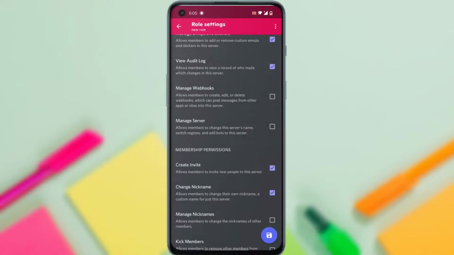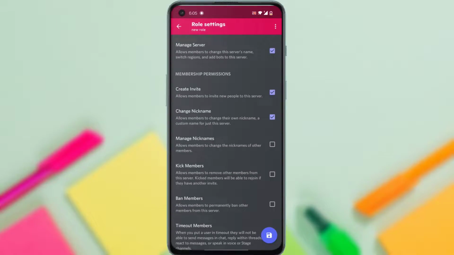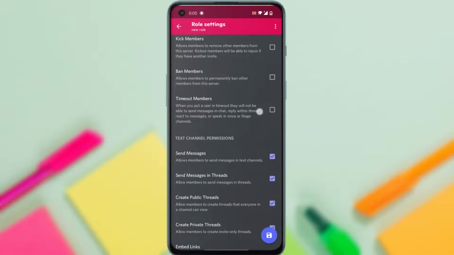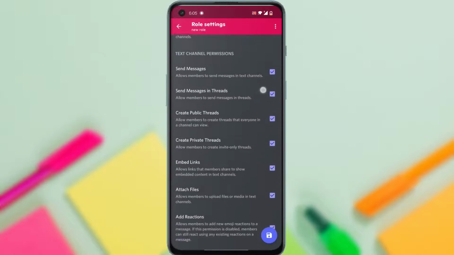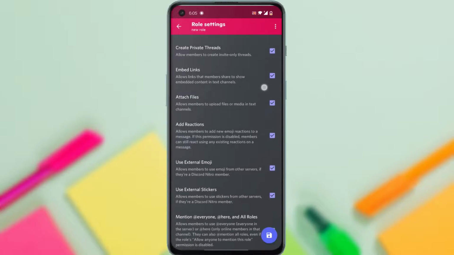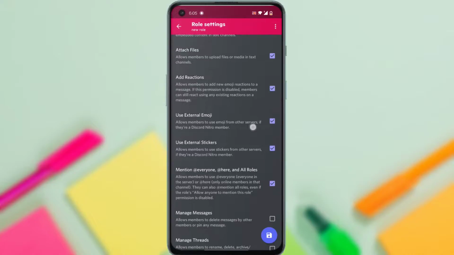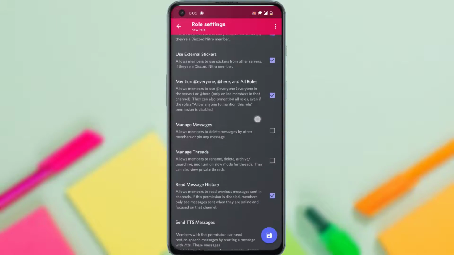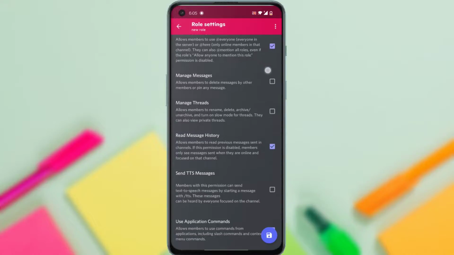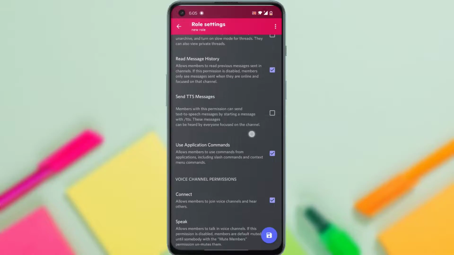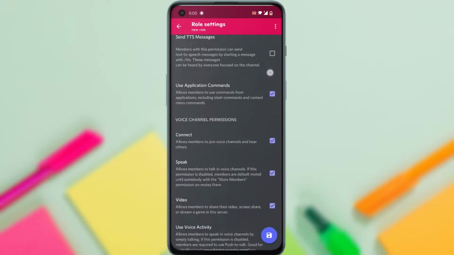view audit log, manage webhook, manage server, create invite, change nickname, manage nickname, kick members, ban members, timeout members, send messages in threads, create public threads, create private threads, embed links, attach files, add reactions, use external emojis, use external stickers, mention everyone here and all roles, manage messages, manage threads, read message history, use application command, send TTS messages,